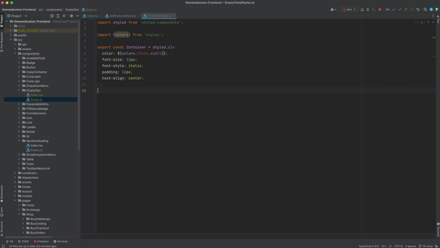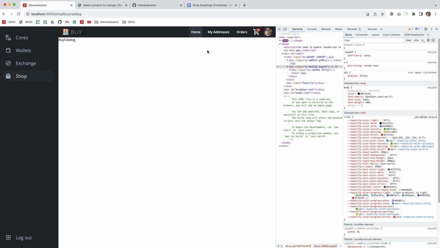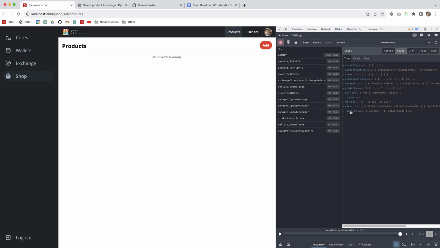Colors secondary. Alright, there we go. No products to display if you don't have any products. Looking good. So now let's go ahead and, well, first of all, let's see if we have any products in